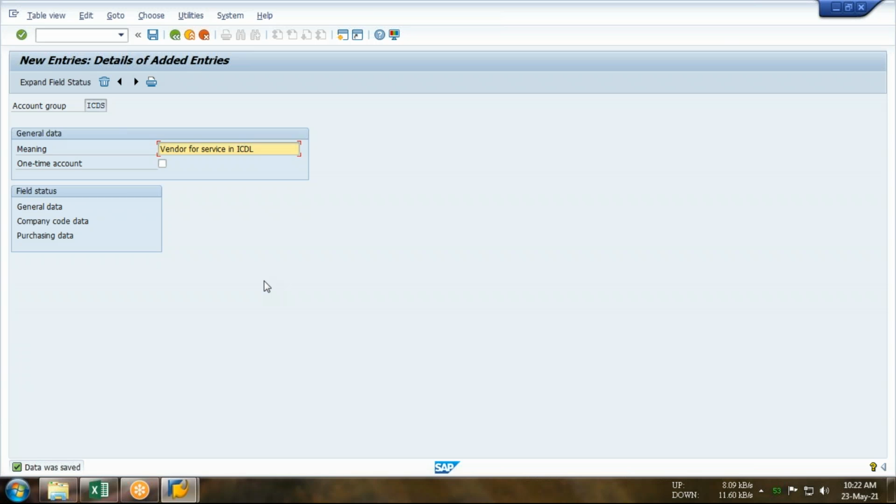Ma'am, sir, after creating a vendor for goods and services, if we want to create a new vendor, what will it be? If you have a new vendor, ma'am, this is the accounts group. This is not a vendor. This is the classification parameter. So if your vendor belongs to goods or services, there is no need to create any accounts group for them. You can place any accounts group out of it.